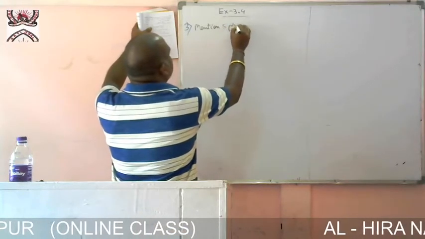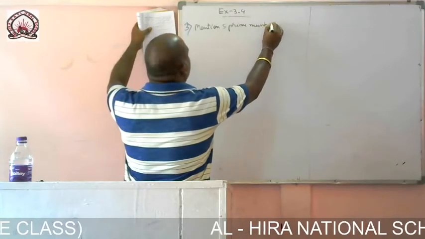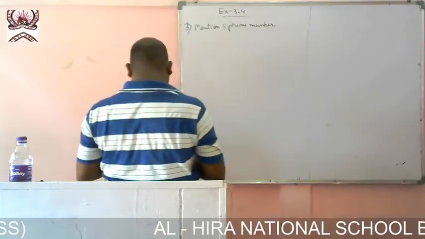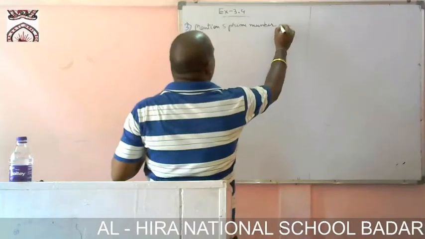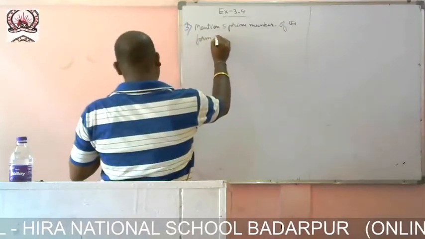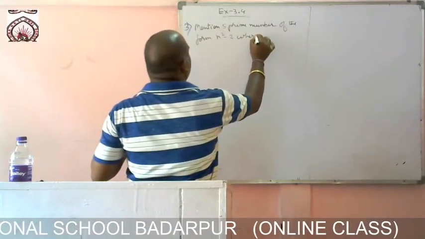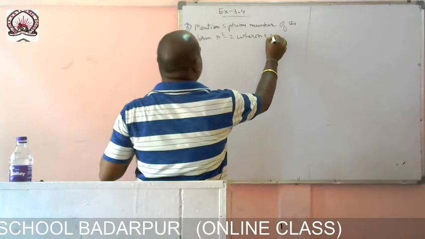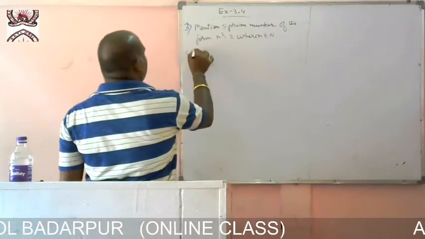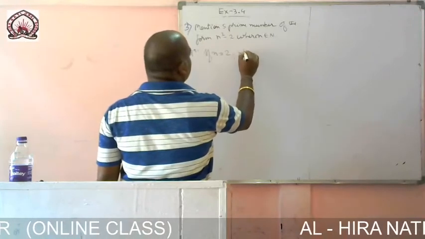5 prime numbers of the form n square minus 2 where n belongs to natural numbers. Okay. Now if I put the first prime number n equal to 2, then n square minus 2 equals